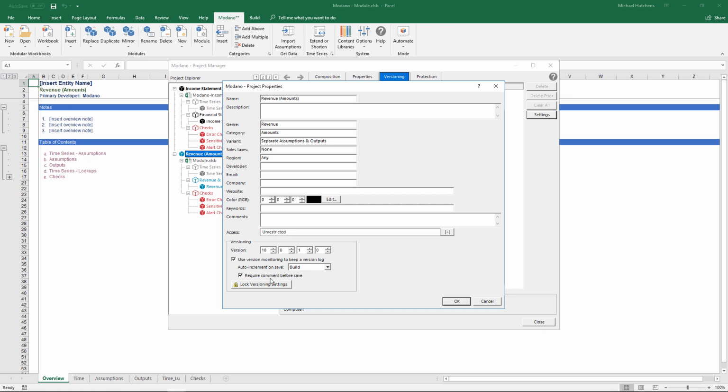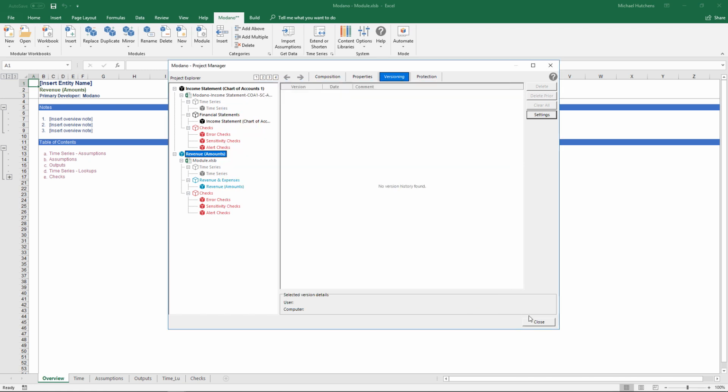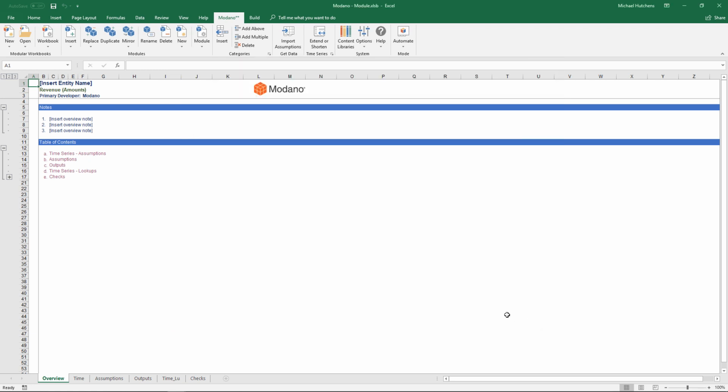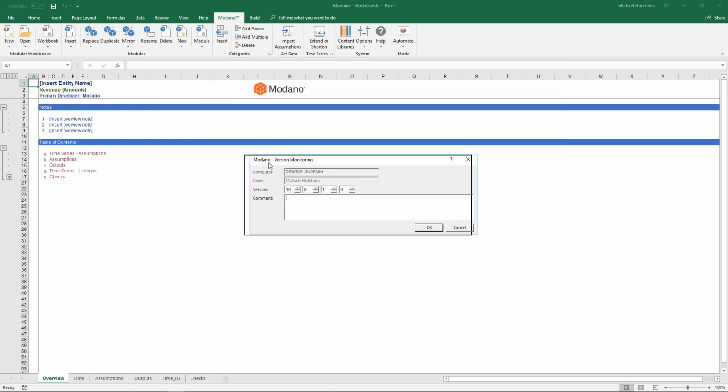Now what that means is the versioning system we use is 10.0 is the application, 1.0 is the first cut of this module. So Modano X is 10.0. Now, version monitoring means that every time you save, it will prompt you for a comment if this is switched on, and it will automatically increment in the versioning system here one of the variables where you have build, where you have major, minor, build, and revision. Now we do build because that's sort of the major changes to the module, and these are minor changes like typos and formatting, etc. So by switching this on, if I now close this and I do save as,